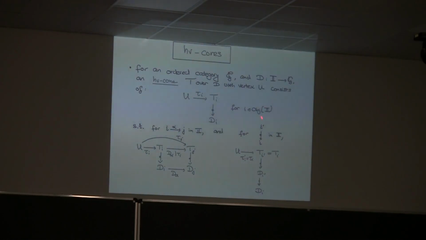And for the vertical part, we just require that for any vertical arrow in the diagram, the horizontal parts of those two objects I now find are the same. And then